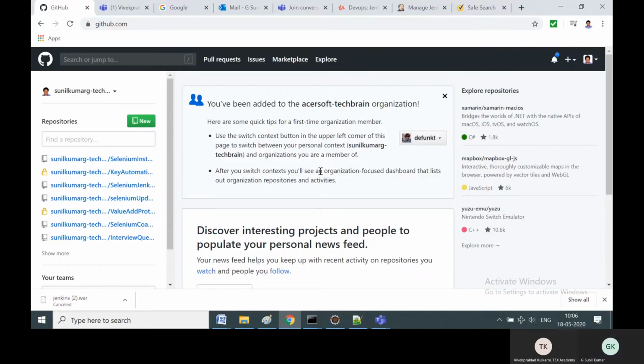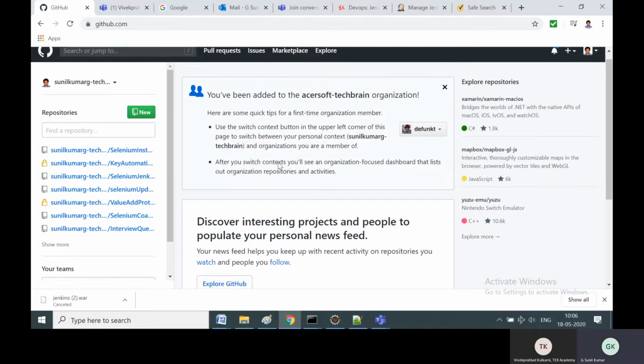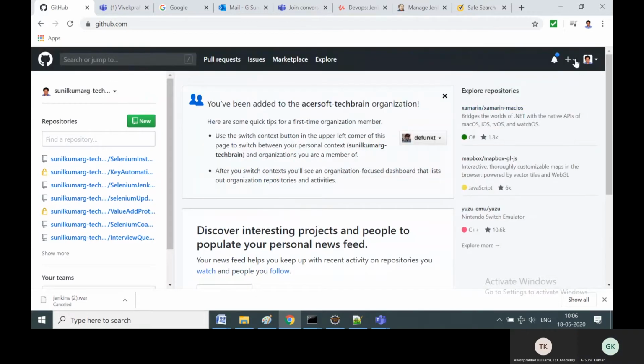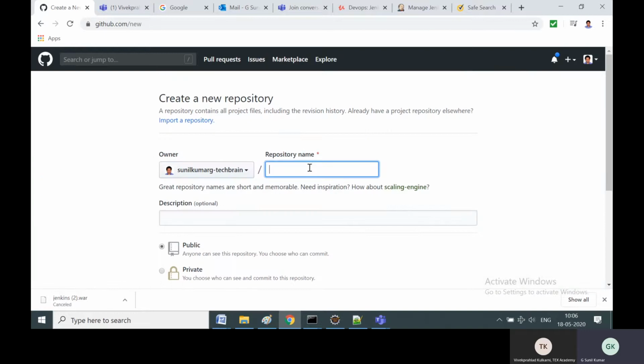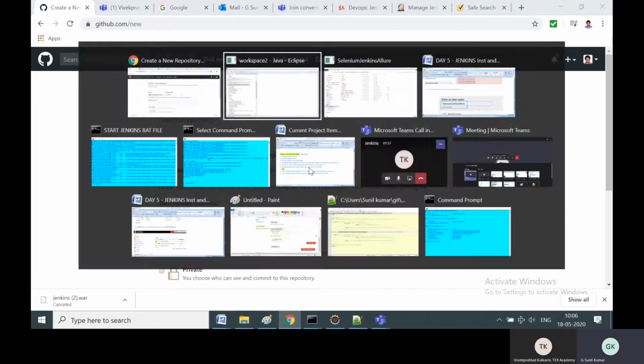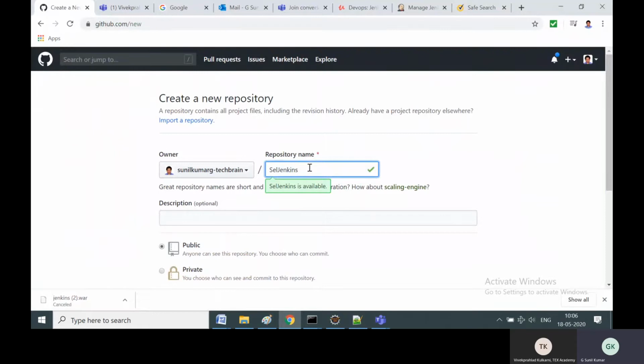So here, once you come here, we can click new repository, because you are going to create a new repository, and then you can say Selenium Jenkins session.